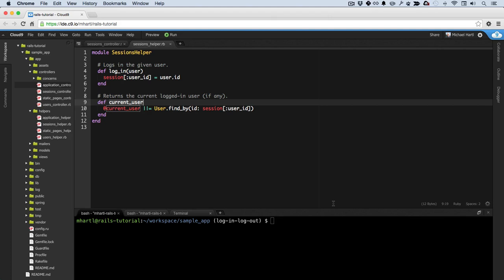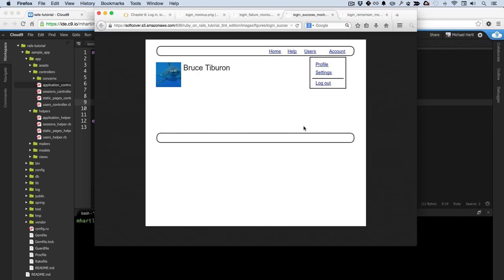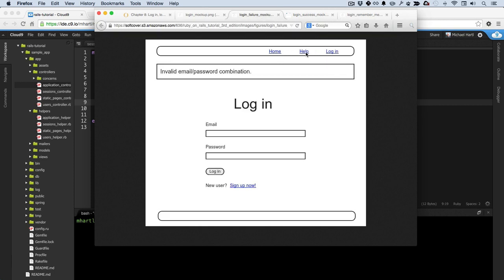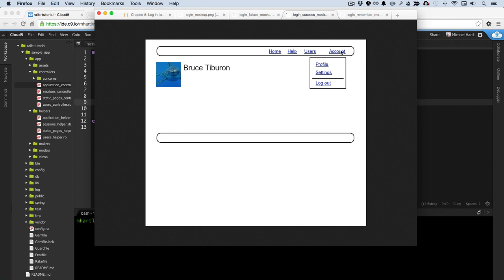At this point, we're finally ready to actually make use of the user's logged in status. Let's take a look at a mock-up here. We saw this briefly before. So this is the kind of thing we'd like to see after a successful login. In particular, you can see that we've got a change in the links. Here's home, help, login. Here we've got home, help, users, and then an account link and a little drop-down menu with the profile link,